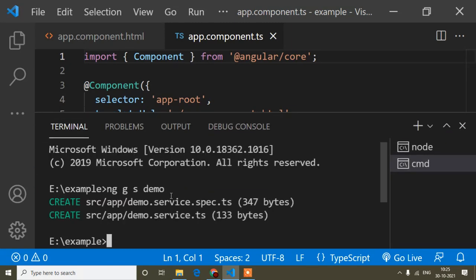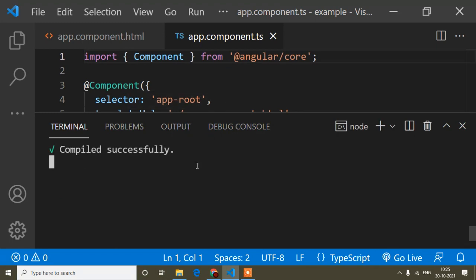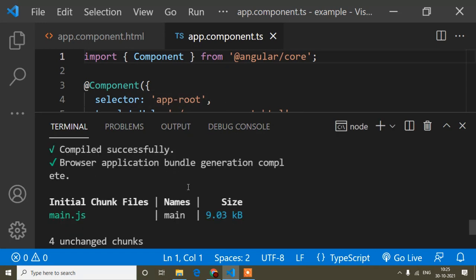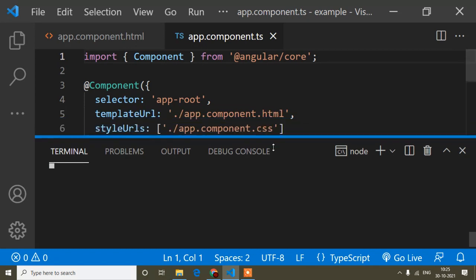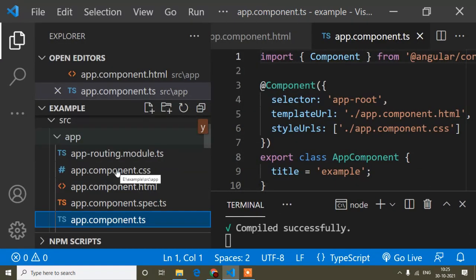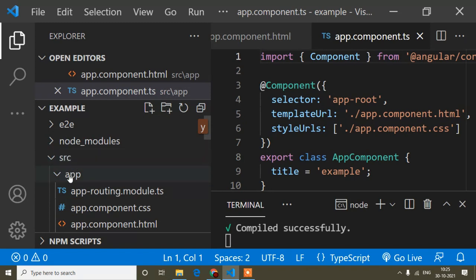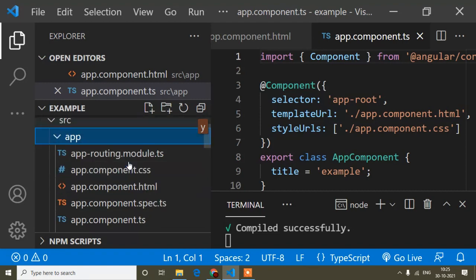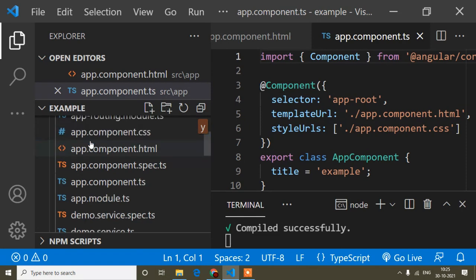You can see it here. Now I will remove this terminal, and I already have another terminal open where my project is running. Now I'll go to the folder. Here you can see, first of all, the src and then the app folder. If you have a little bit of knowledge of Angular, you will know that when we generate any component, directive or service, it is created in our app component, I mean the app module.